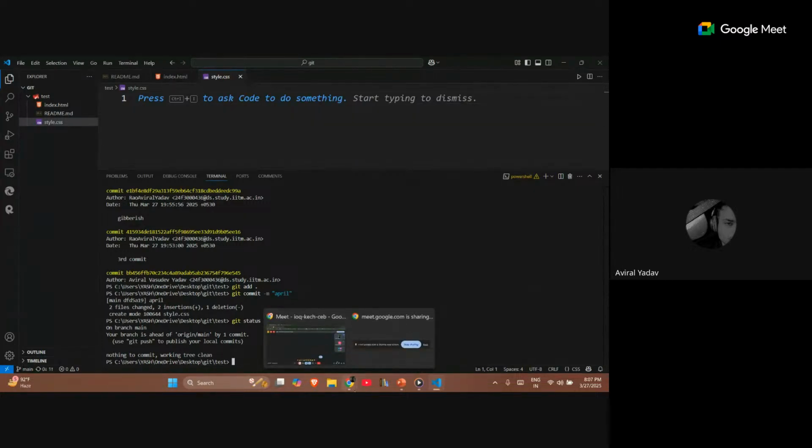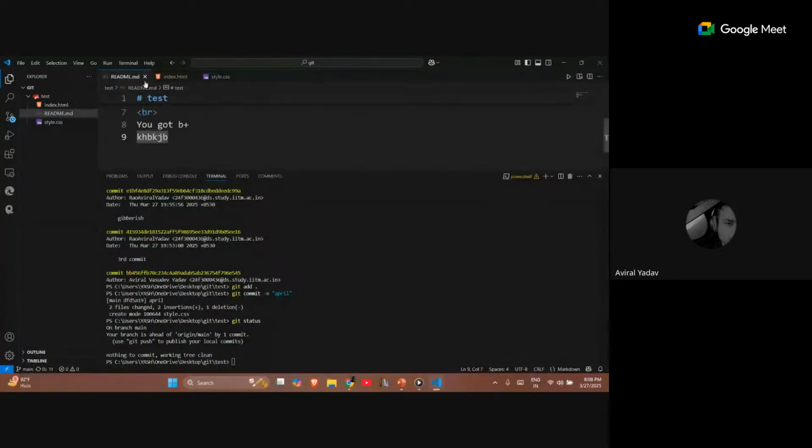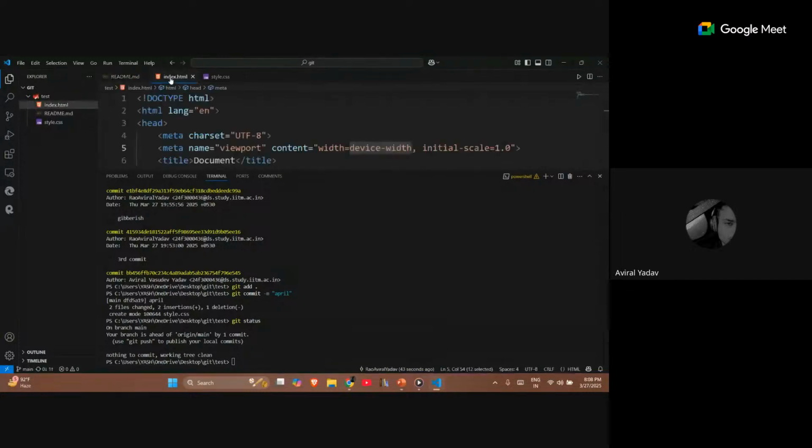There are in total four types of these statuses. Untracked means you have added a new file. Modified means you have made some changes to it. Staged means the file is ready to be committed. And the last one is unmodified. Unmodified is their current resting position, where we haven't made any changes. This is what we call unmodified, the simple white text that they are appearing in.